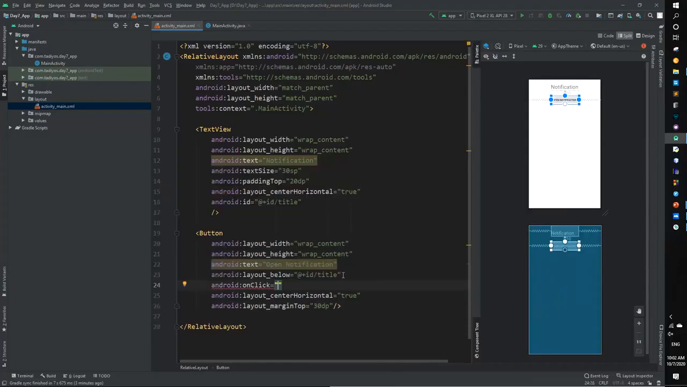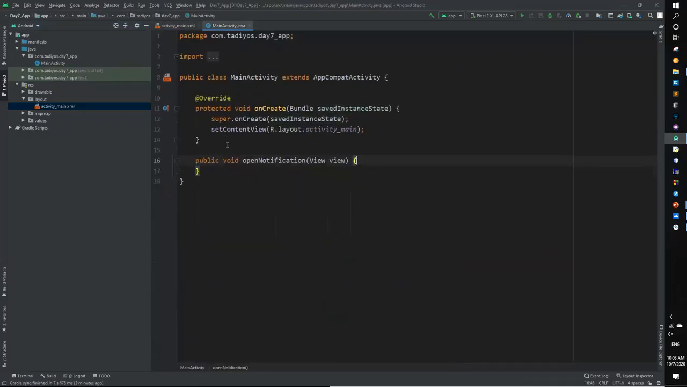Let's say openNotification. So we have to create this method in our main activity. Okay, now here we have to create some